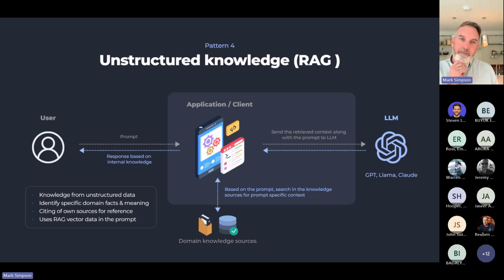The fourth pattern is what we call unstructured knowledge. Now, it's all very well giving responses, and again, whether you're using one of the commercial Gen AI solutions on your desktop, it's all very well relying on the knowledge that it's got from publicly available documents and web pages that it scraped and trained on.